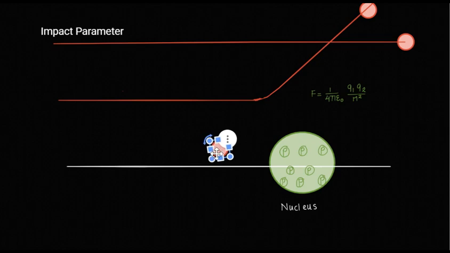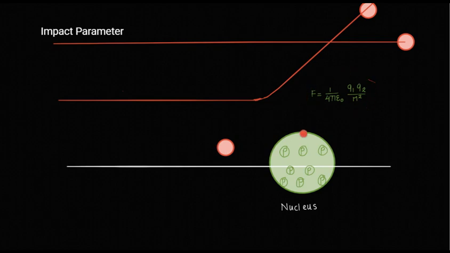A point will be reached when the kinetic energy of this alpha particle becomes equal to the electrostatic potential created by this nucleus. So at this point, the kinetic energy of the alpha particle equals the potential energy of the nucleus. That means the force which is incident in this direction and the force which is exerted by the nucleus in this direction are equal. Now after some time, what will happen? The closer this alpha particle gets to the nucleus, what happens? This force will start to come into the picture.